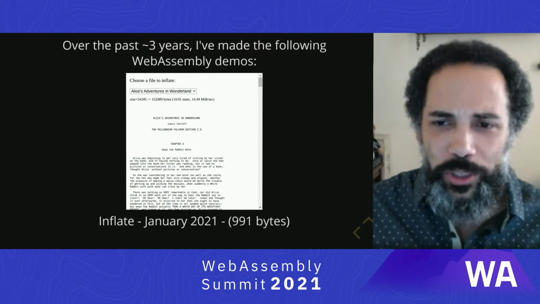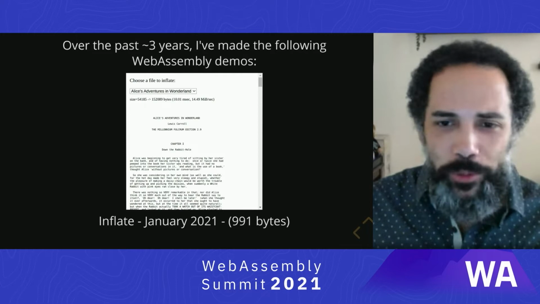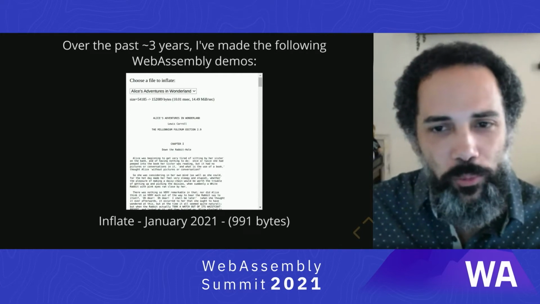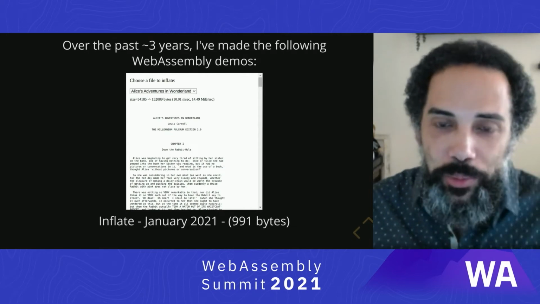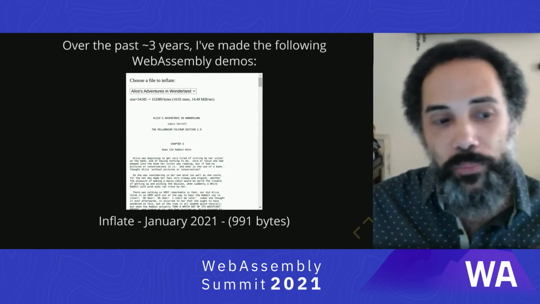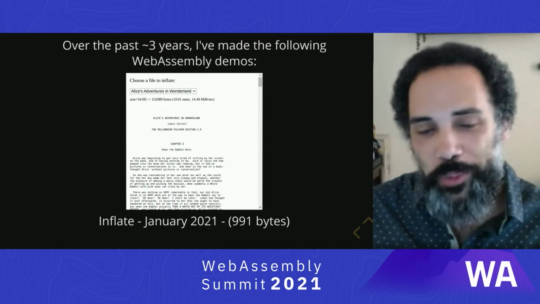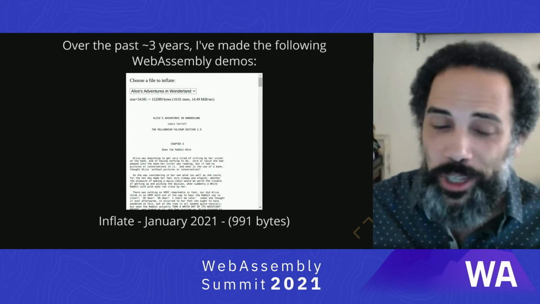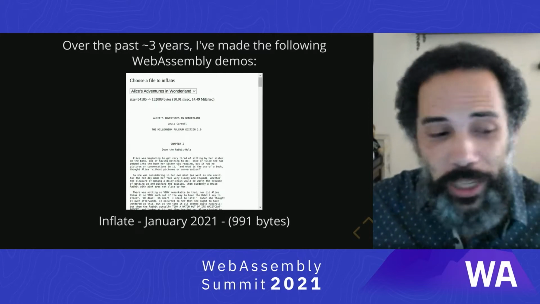So what's the point of these raw WASM demos? Well, mostly what I'm trying to do is do something fun, play around with what WASM can do, and do it all by hand. WASM is meant to be written using a programming language like C++ or Rust or Go or AssemblyScript or many others. But you can write it by hand, just like you can write assembly by hand. So what I tried to do is see, what can you write by hand?